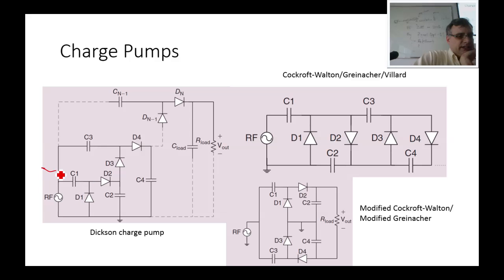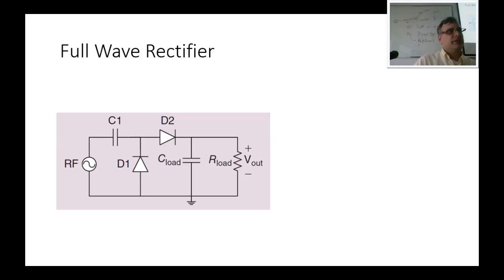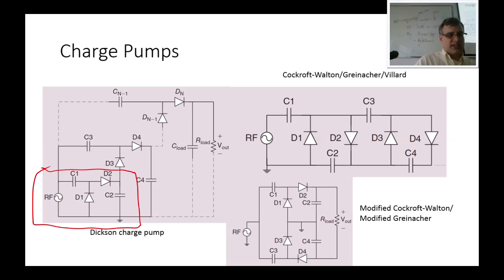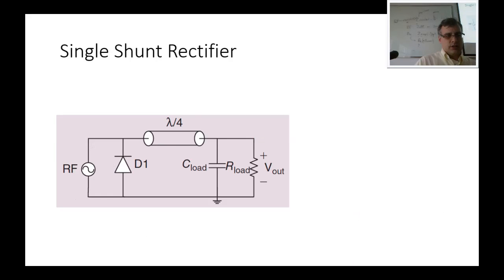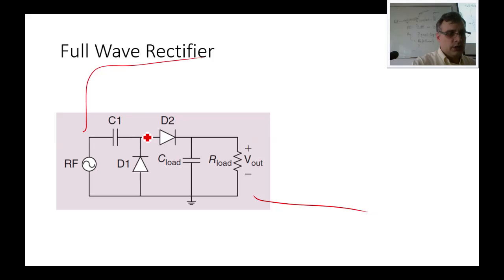If you look here, let's just look at this segment right here. This segment here is actually just a full wave rectifier, right? It's the exact same circuit from here. Yes, there's other stuff connected to it, but if you just look at this part, I'm going to get a DC voltage out. That's going to be double, minus some losses, the input antenna voltage. So to go back here, what happens is that on the downswing,